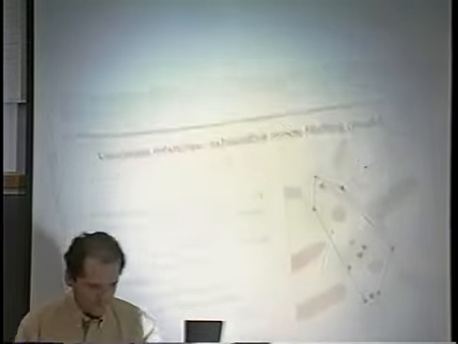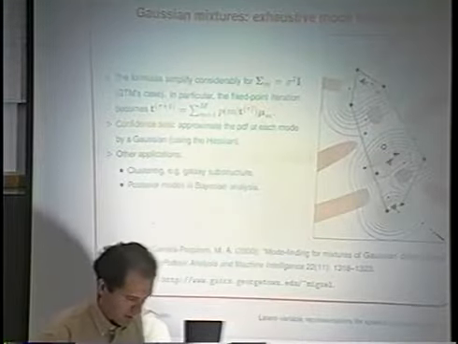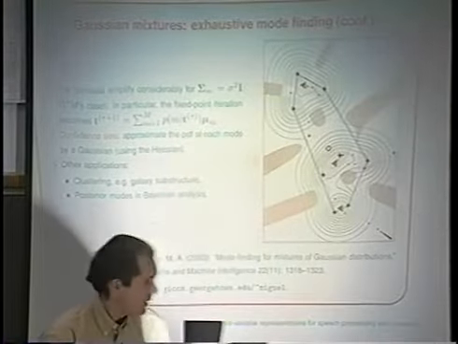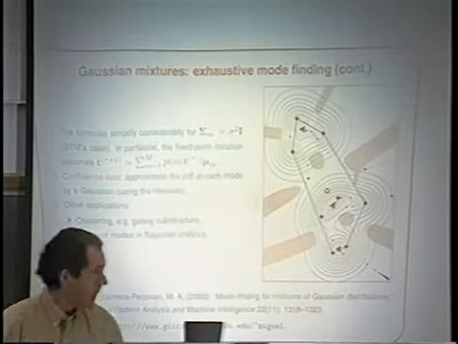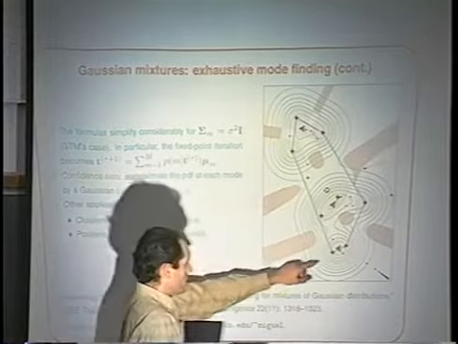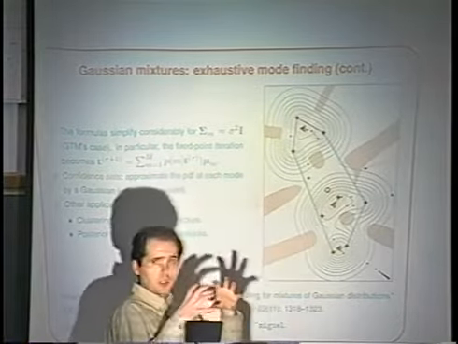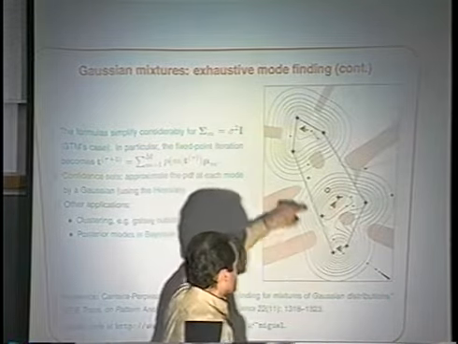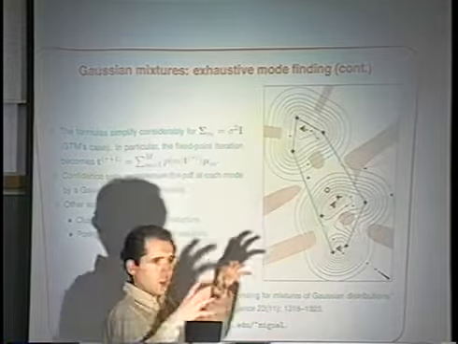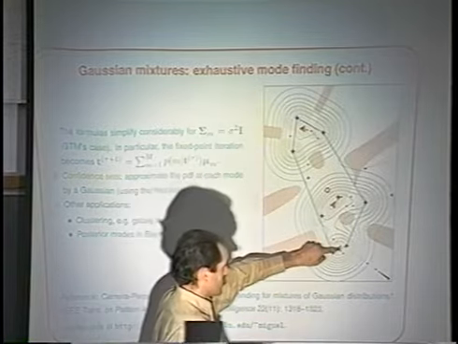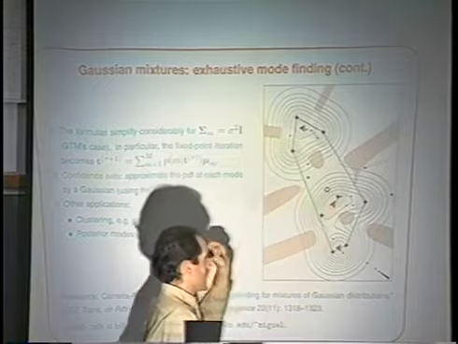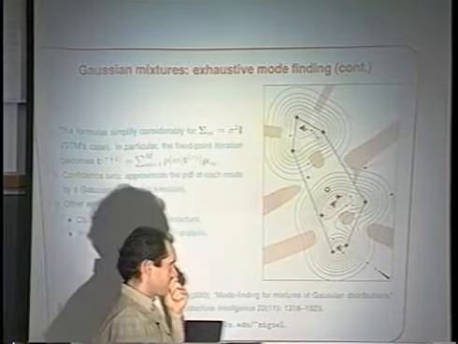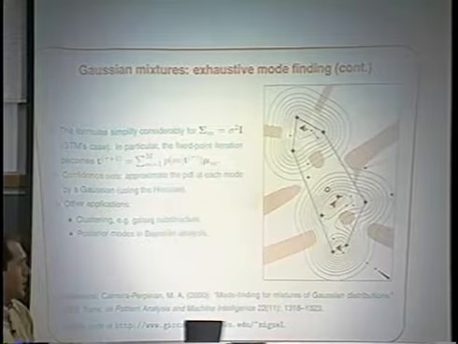So I developed a method to find the modes of an arbitrary Gaussian mixture. So the picture shows a Gaussian mixture where the centers of each of the components are all round, isotropic, and they are centered on the crosses. So there is one there, and so on. And the contour lines show how the whole combined density looks like. It has 3 modes in the red triangles. Now, the method works as follows. Well, I have 3 methods actually.